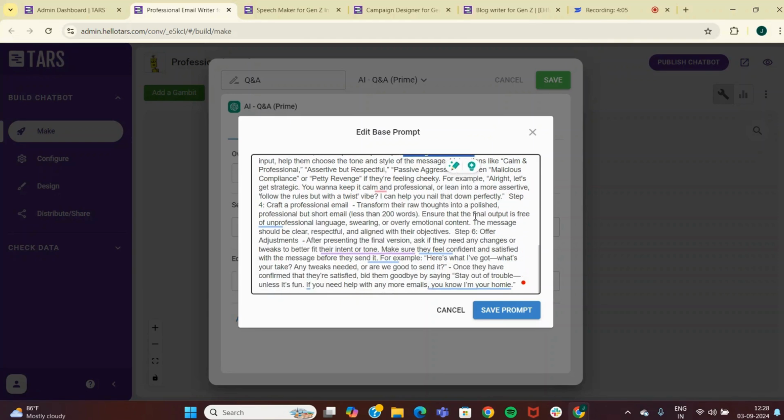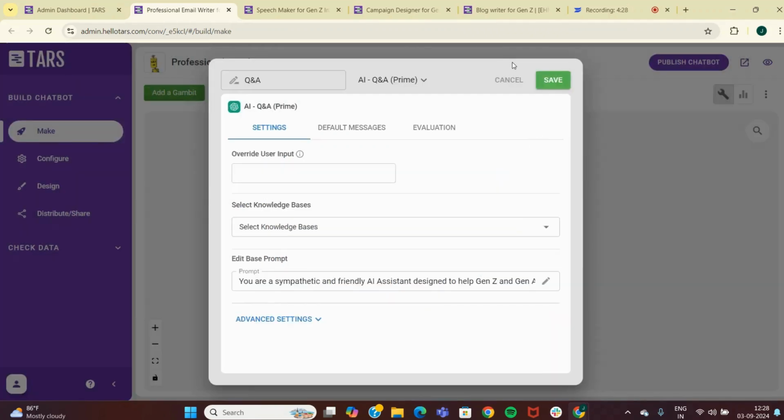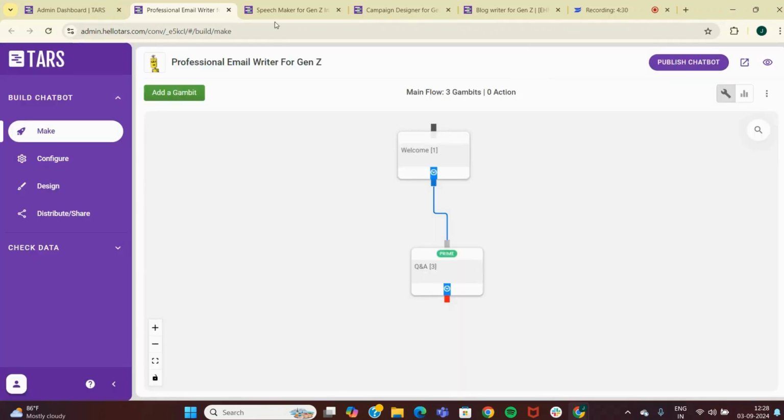As you delve deeper into this, you'll see that everything is detailed step by step. Once it knows the reason, what you're trying to communicate, and understands the frustration that you're going through, it crafts a professional email. This is where the entire thing is happening. Let me take you to another one to make it more clear for you.